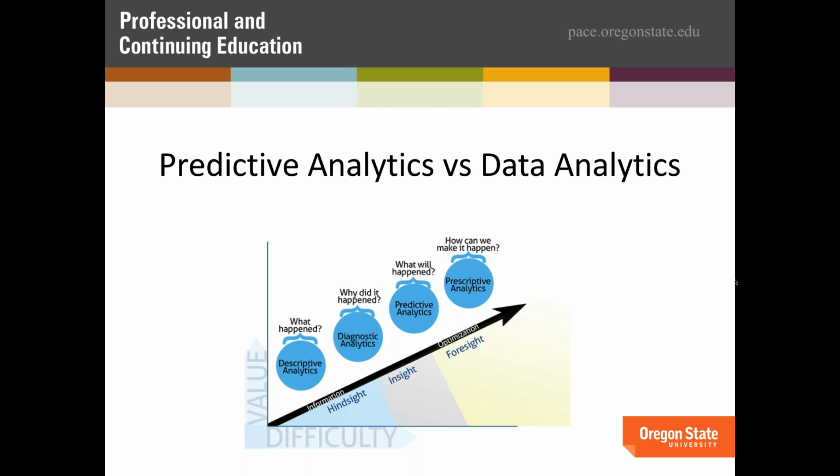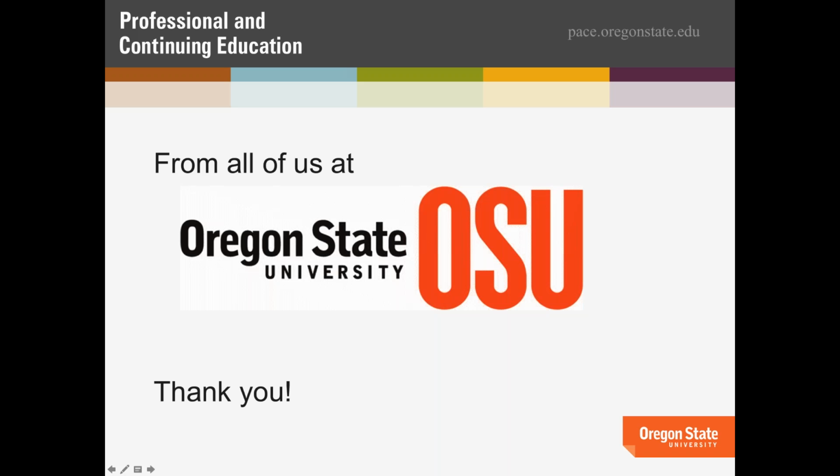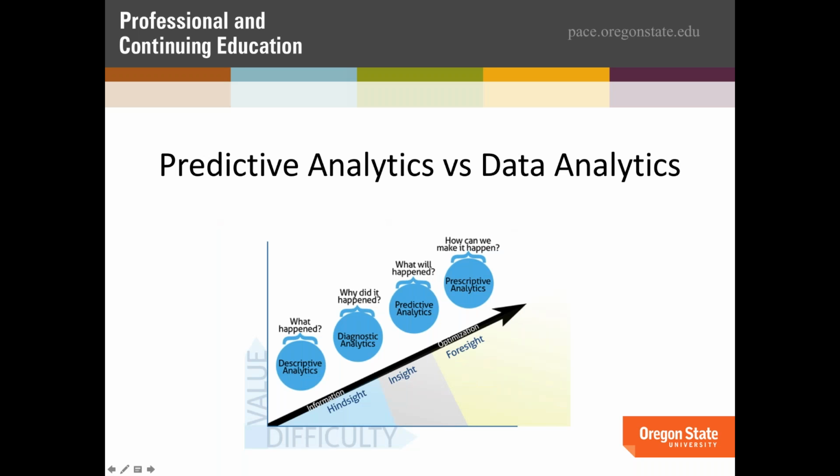Well, it happened because of ABC. Was there a correlation or a causation? Did it happen because our sample size wasn't random? Did it happen because a competitor put a product to market that took more of our market share away? So using the data analytic techniques we'll talk about, we will not only answer what happens, but we'll answer why it happens. And that's kind of where this course ends.